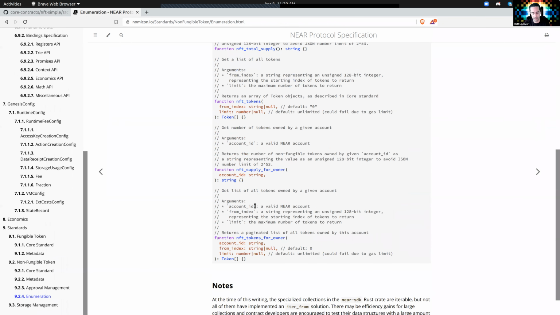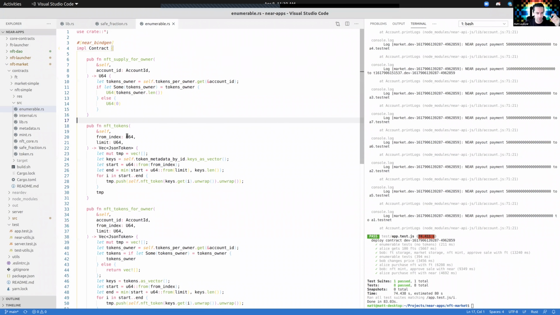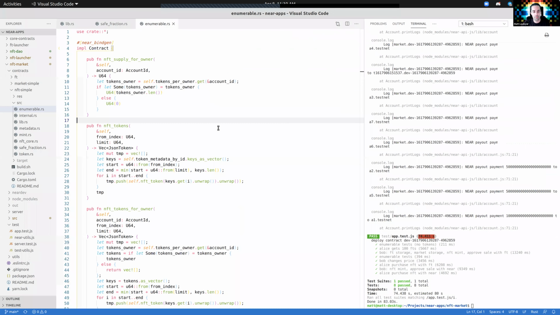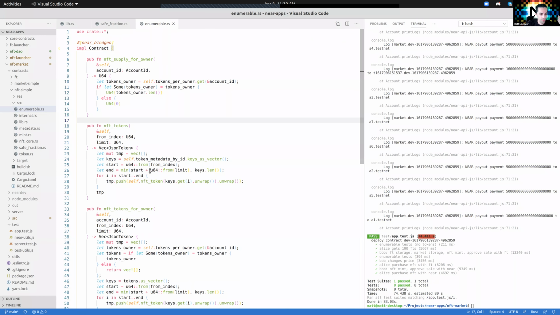I've just adhered to the standard here, but instead of the TypeScript types, which it's written in, don't know why. Thanks, Chad. Just kidding. Instead of using TypeScript types, you'll notice it's all written in Rust. Anyways, long story short,